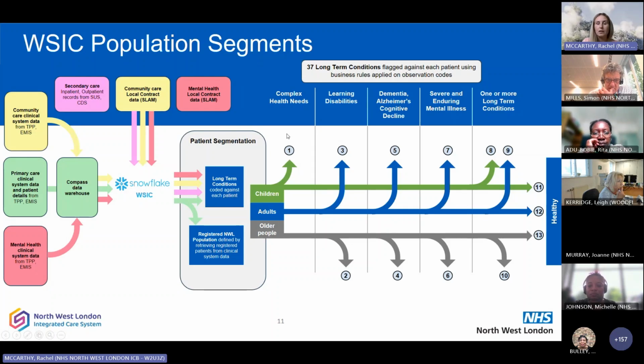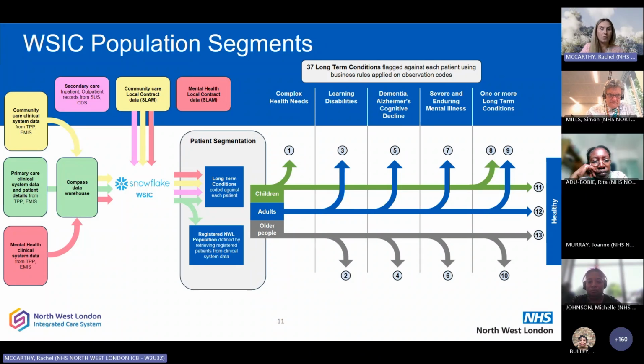So it's things like patients who are under the age of 18, they've got multiple long-term conditions and things like 5 or more pediatrician outpatient appointments, multiple specialties through outpatients. They could have a mental health inpatient stay or 7 or more community diagnoses as well. So all of this information coming from the data will let us know whether those patients meet that criteria. And if they do, their segment will be the complex health needs,